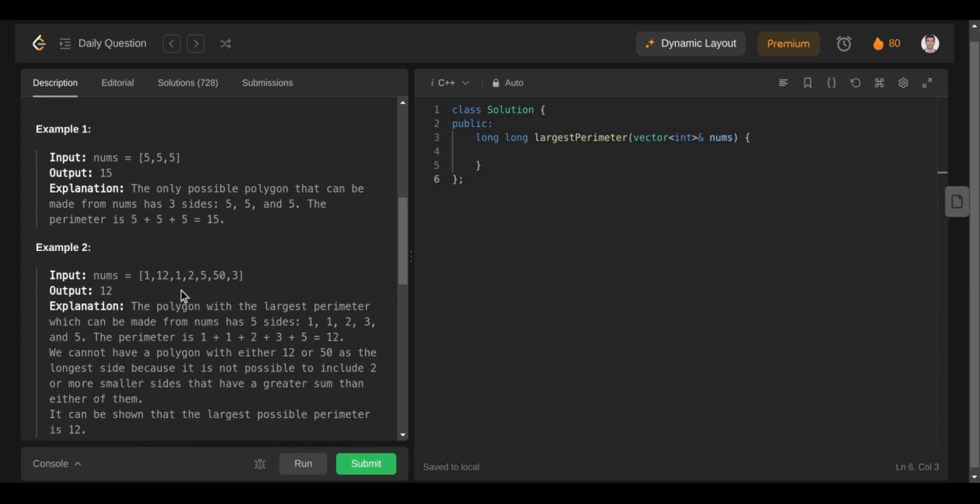So if I sort the numbers, I write 1 1 2 3 5 12 50. Okay, so what I need to do: 50 is the largest number. So first I will check whether the sum of all the elements, including 50,